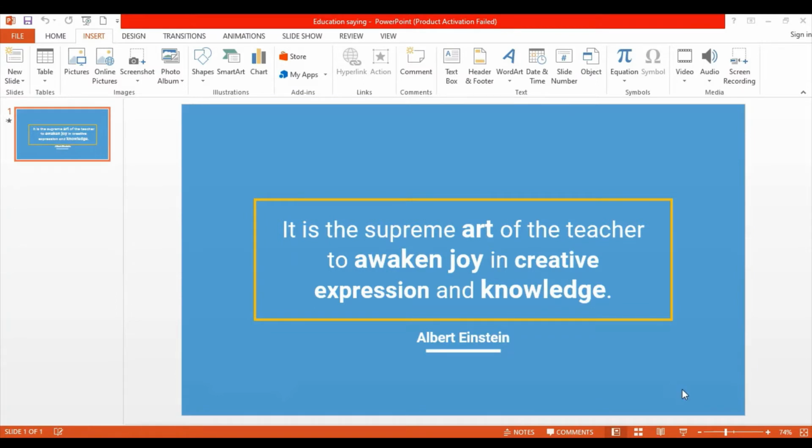Alright, so if you're using Microsoft PowerPoint and you'd like to add images to what you are working on, you can do that. Say for example, in this case, I'm working on a quote from Albert Einstein. I'd like to convert this later on into a video after some animation. However, I'd like to add the image of Albert Einstein. What I will do is I go to the Insert tab and then Online Pictures. Take note that this is